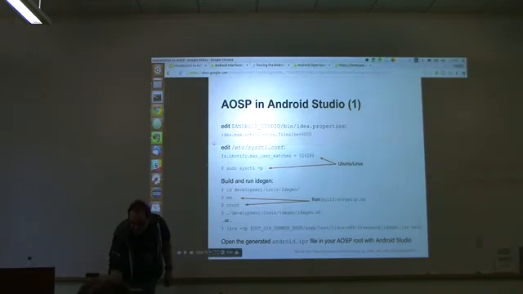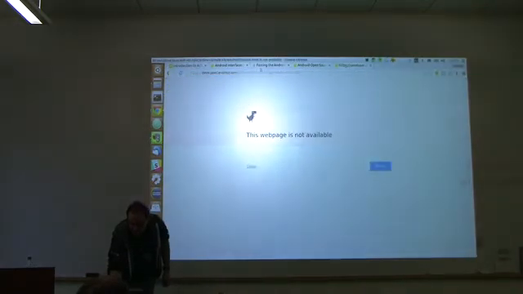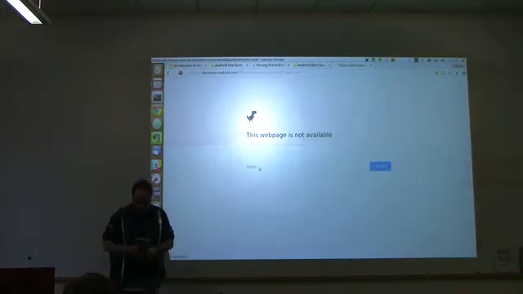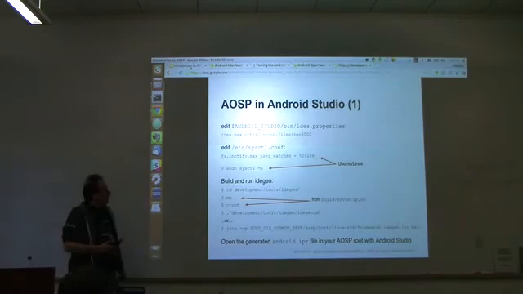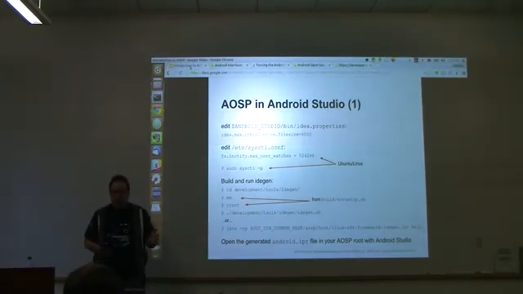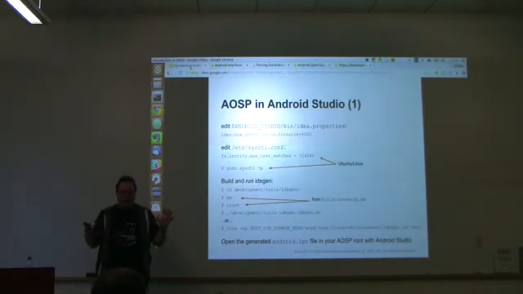For those who are not familiar, Android Studio is essentially IntelliJ plus specific tools for Android development,